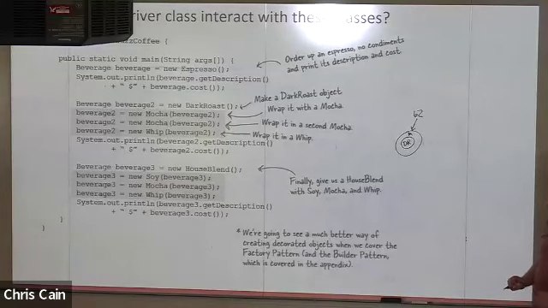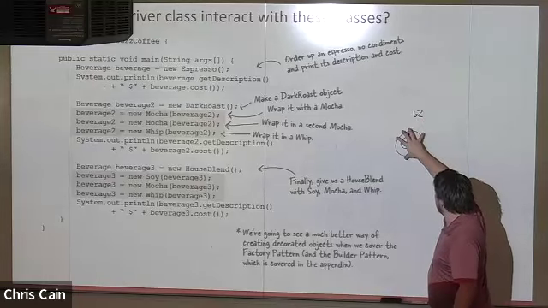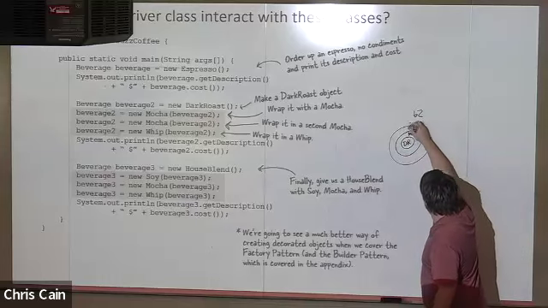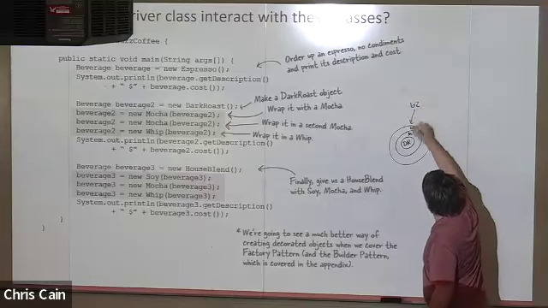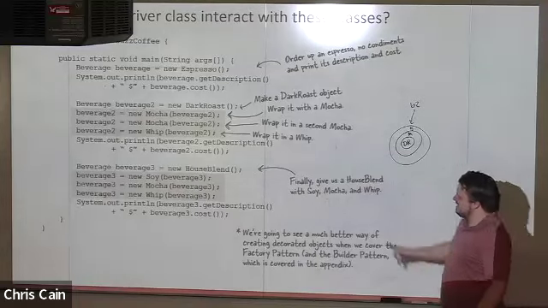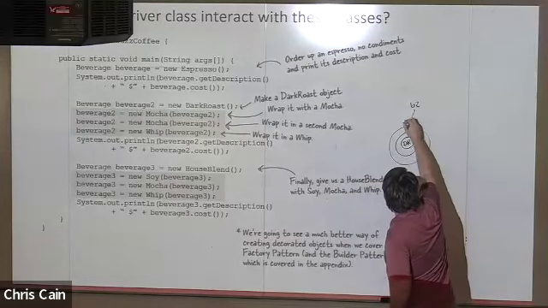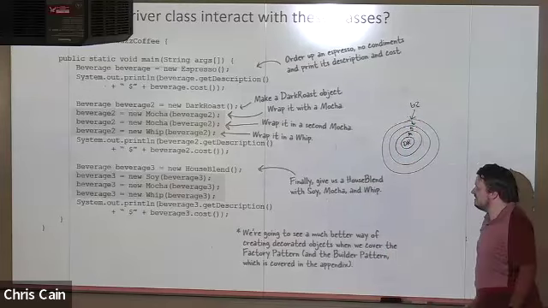When we say beverage 2 equals new mocha, we're again passing it in, and as a field, we're going to pass in this mocha object that's decorating this dark roast object. So that we make another circle outside of this, that's another mocha, and beverage 2 now points at that object. We're redefining beverage 2 to point at the new mocha that's decorating the old mocha that's decorating the dark roast object. We do exactly the same thing with a whip. We make one more decoration. We're going to surround this entire object with a whip object,